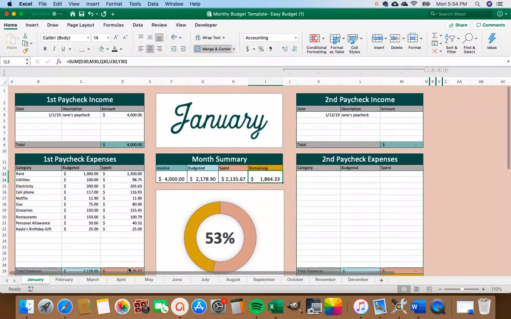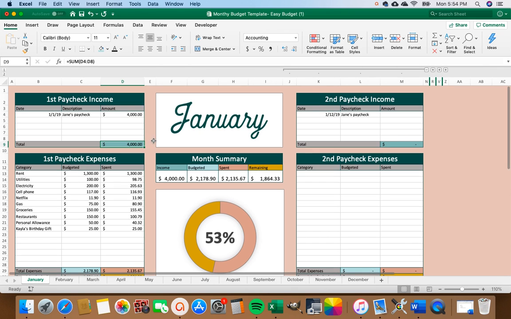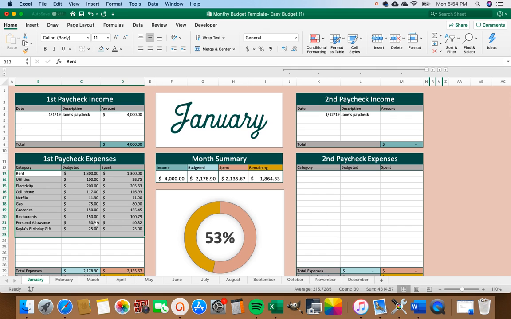But we're just going to do 2 today. So first we're going to write our income in. So I said we have Jane's paycheck, and the amount is $4,000, and that ought to fill this section here. So that's the income that we're working with. We're going to be budgeting out each paycheck. This is the best way to build your budget because you want to plan where the dollars from each paycheck are actually going to go. So the expenses that you budget here will be the things that you actually pay for with this $4,000 paycheck